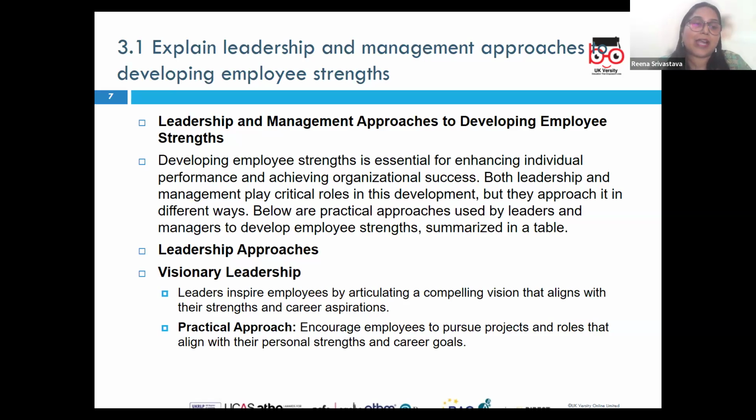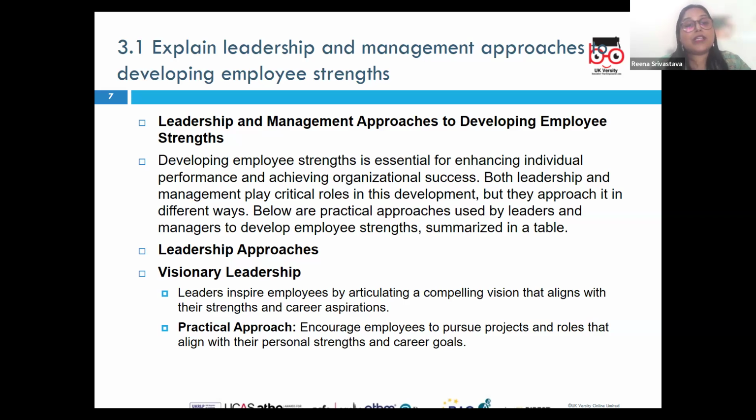Ultimately, the idea behind this is that the employee should be able to identify their natural talent, where their strength lies, and how they can leverage those strengths for achievement of the organizational goals. Next is